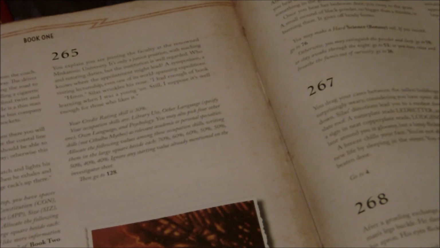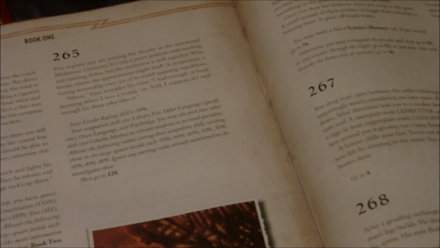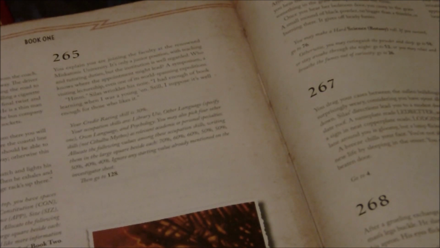So we'll go with psychoanalysis. And let's put another 50 into there as well. Spot hidden. I'll put, see, I got one more 50, so I'll put another 50 into spot hidden. Whoops, that's the wrong spot. Speaking of spot hidden. Okay, so then we will do